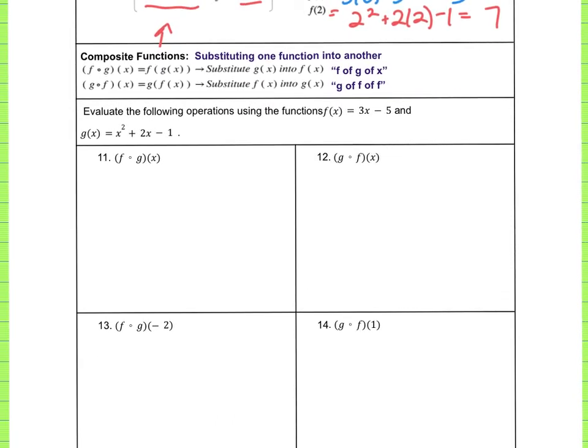So looking at the first one, we've got f of g of x, and that is read as f of g of x. Okay, and then we've got g of f of x, and we read that as g of f of x. There's a little typo there. Okay. It is super important to realize that this little notation here, f open dot g, is just read as f of g of x. The way I like to write it is the second way, with f times parentheses g of x, because that tells me that I have my f function, I have my g function, but normally what I would have is